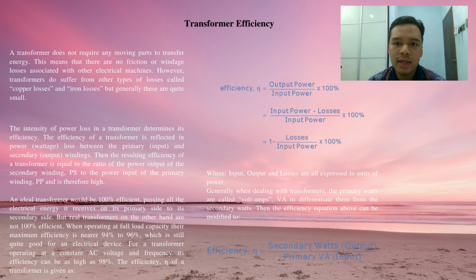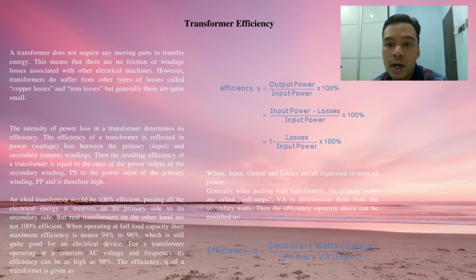When operating at full load capacity, their maximum efficiency is nearer 94% to 96%, which is still quite good for an electrical device. For a transformer operating at a constant AC voltage and frequency, its efficiency can be as high as 98%. The efficiency of a transformer is given as